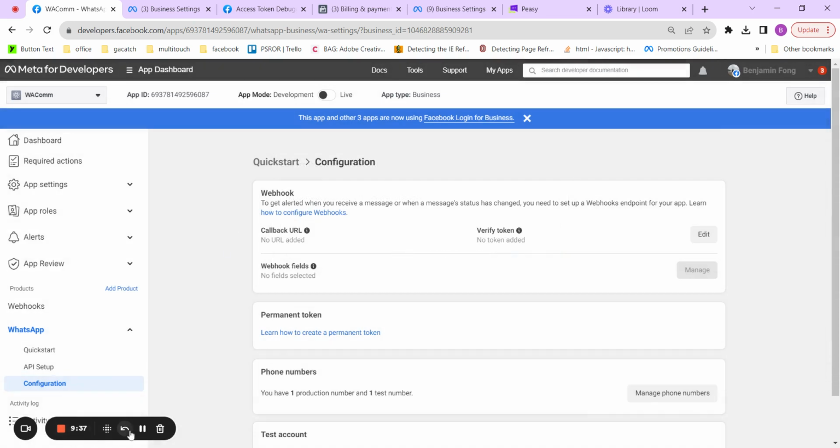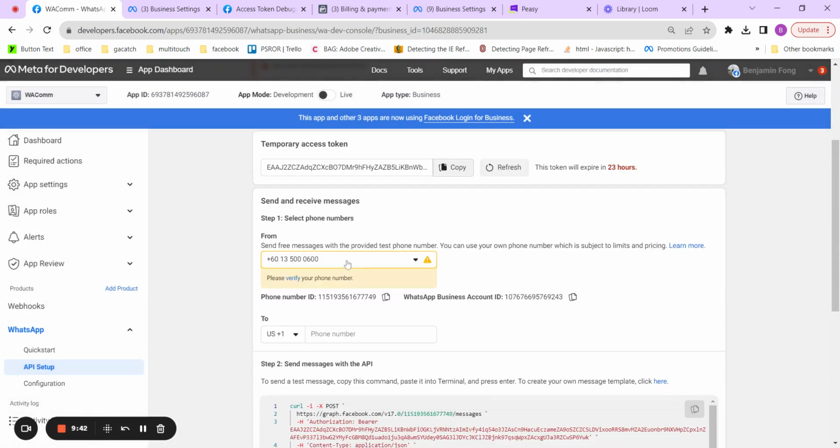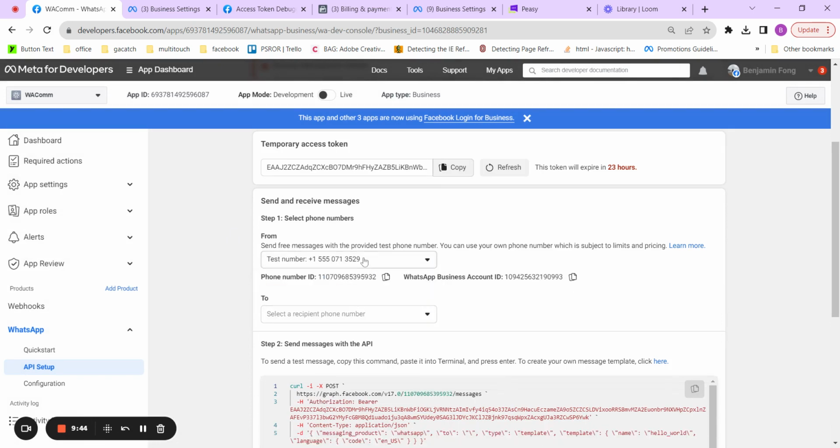I forgot the number. Go to API setup, and we're going to select the number that we have from Facebook earlier. Copy this phone number and append it to this URL. So it will be chat.peasy.ai/webhook/WhatsApp, and the phone number without any space, including the plus sign. Let's copy this, go back to configuration,